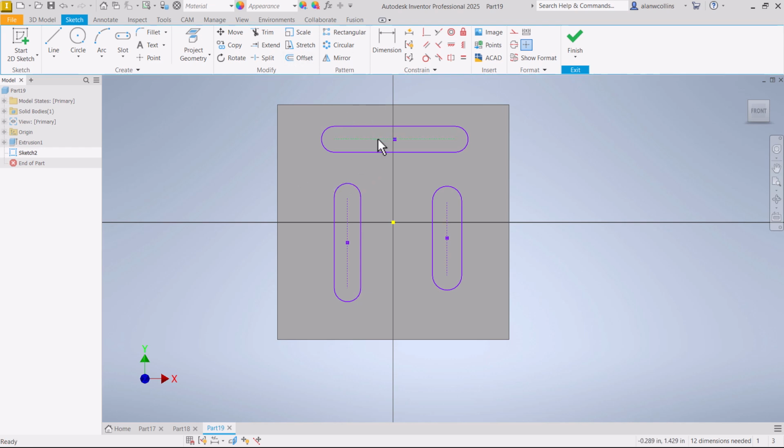So I can use, say, the center line of each arc. Control click and select all of those to say equal. And then hit escape. I want to start over. I don't want to be still in that equal command, but I can pick an arc on one end of each slot, say those are equal as well. And then as I apply more constraints to this,